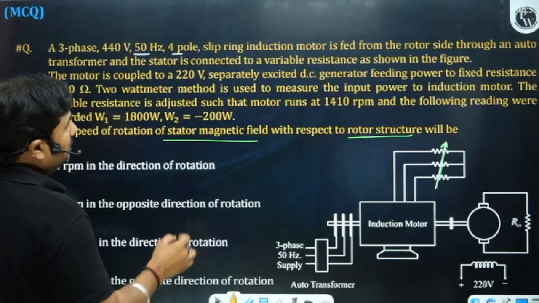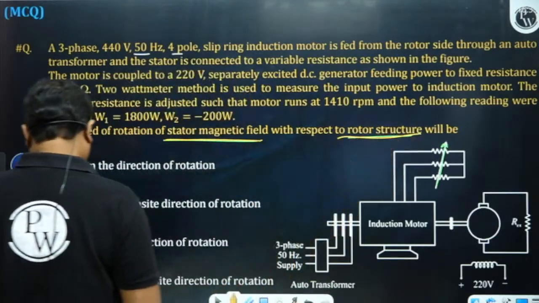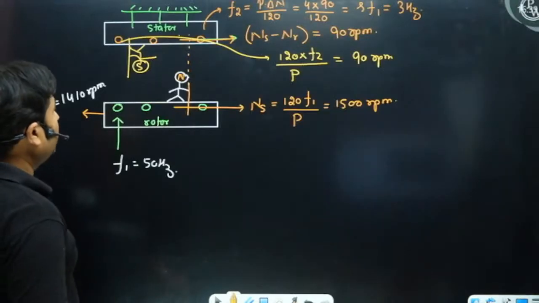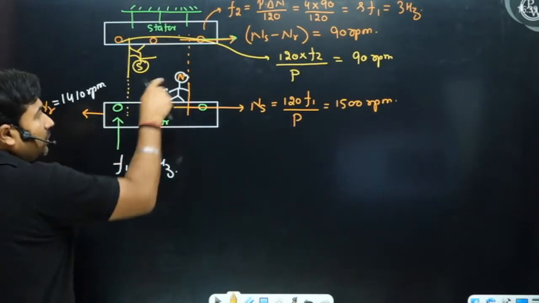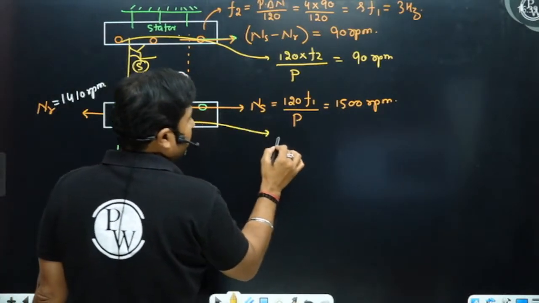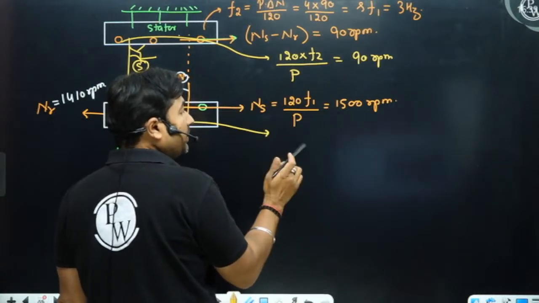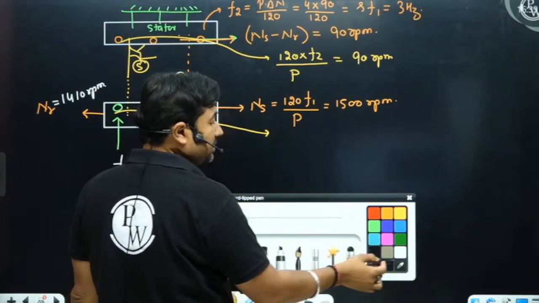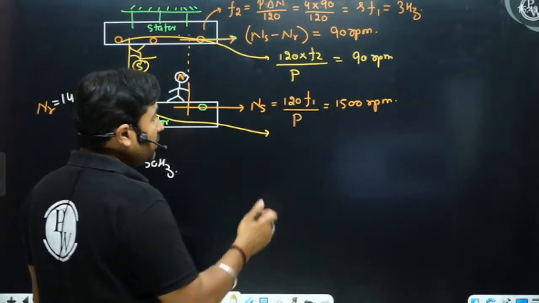And in the question, we need to find the stator magnetic field with respect to the rotor structure. So what is the speed of the stator magnetic field with respect to the rotor structure? The rotor field with respect to the rotor structure is 1500 rpm. So the stator field with respect to the rotor structure must be 1500 rpm for the machine to operate, because the must condition for production of steady state electromagnetic torque is that the relative speed between the two fields must be 0. So this shows, sir,